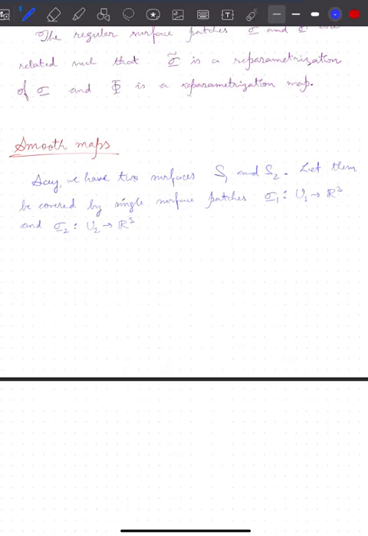And provided we verify, it's okay. Now, since sigma vector 1 and sigma vector 2 are bijective, any map F from S1 to S2 gives rise to the map